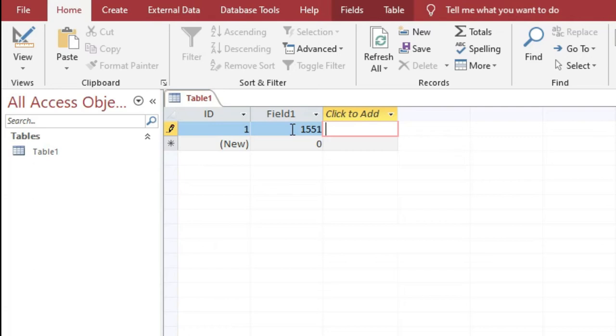Okay, and then put the value here. Okay, and then again press on the tab key, then it will create another field and put the details here.